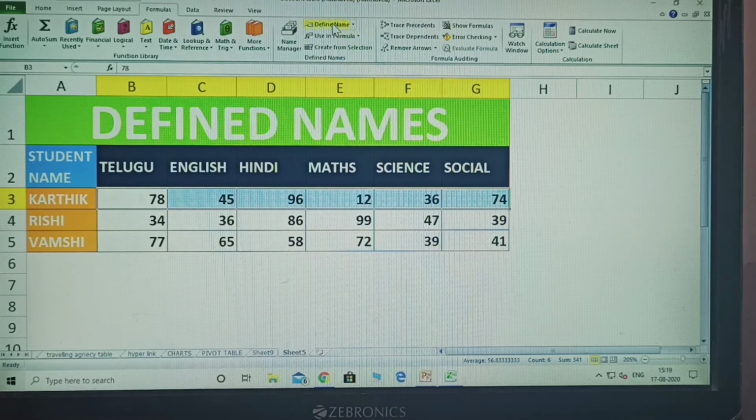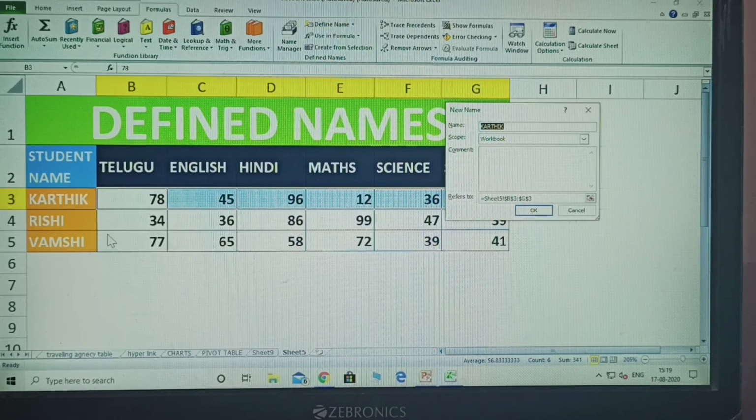First you select, then click define. Which person did you select here? Karthik. That person's name already comes into the define name, and the marks you selected are what it refers to. Click just OK.